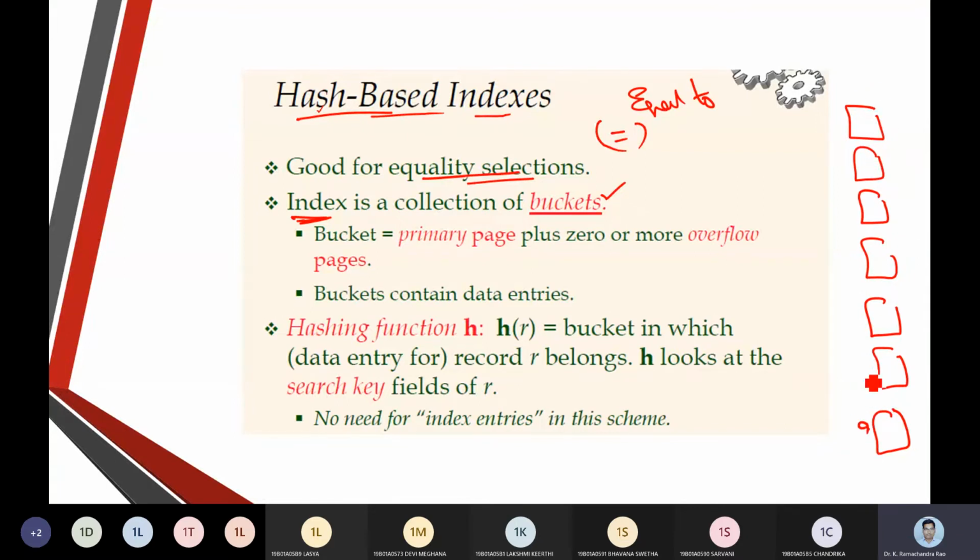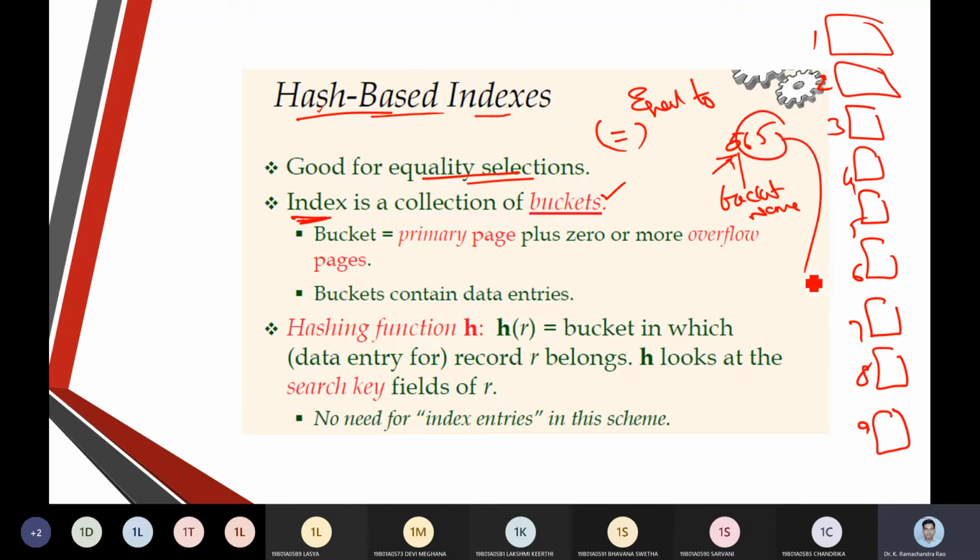So it is ninth bucket, 8, 7, 6, 5, 4, 3, 2, and first bucket. Now assume I say 565. So I can say 5 is going to be the bucket name, and 65 is going to be the value.